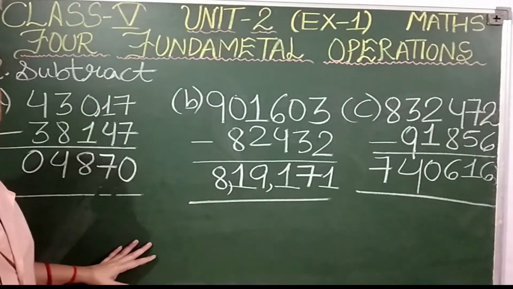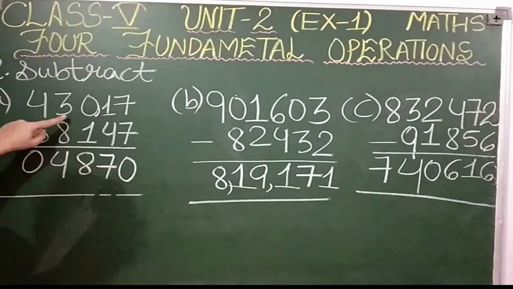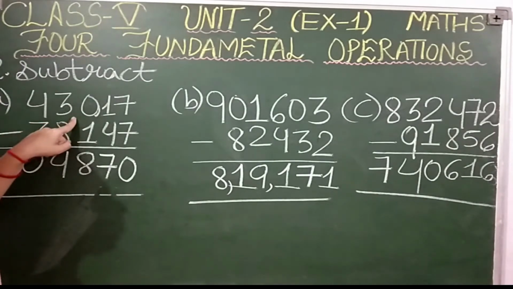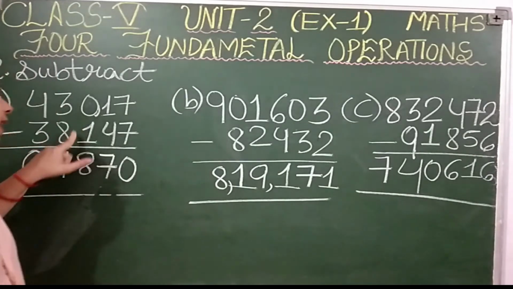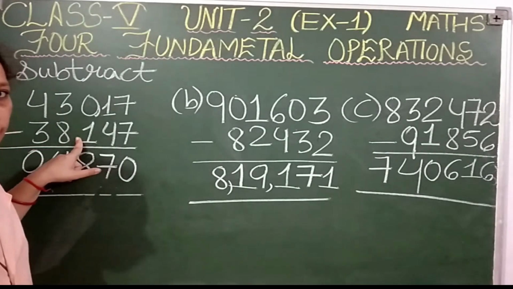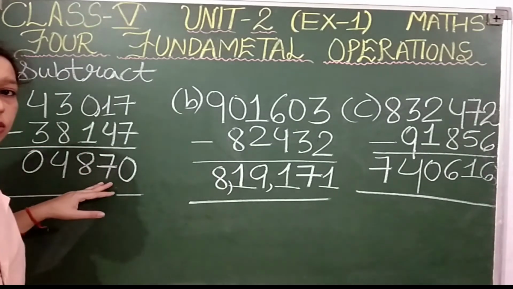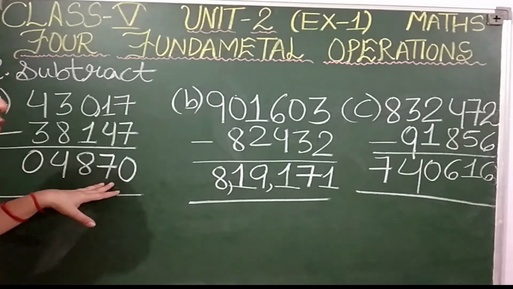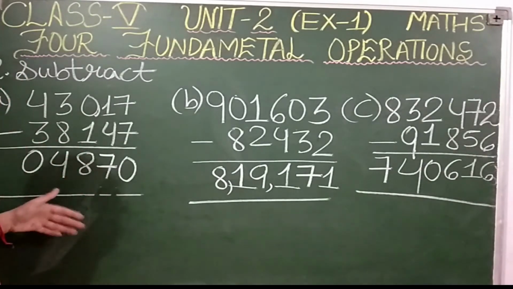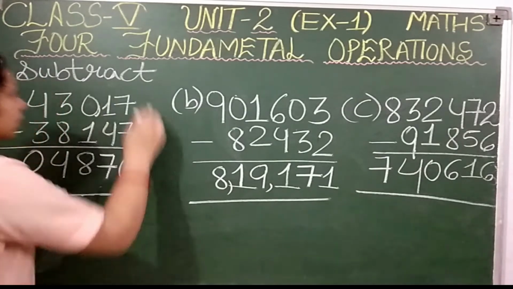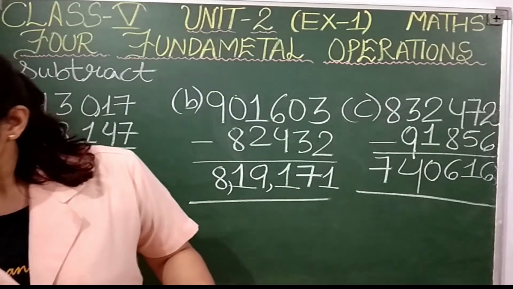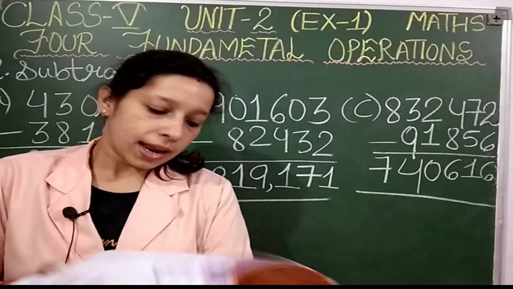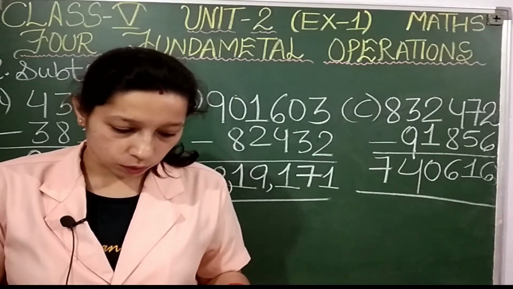And in the last video, remember what I have explained to you: what we call the first number while subtracting. This first number is called the minuend, remember, and the second number is called the subtrahend, and the result which you got is known as the difference. Clear students? So you can note it down. These are your subtraction questions, and this question number 2 had 5 points. I have explained only the first 3 points. The next 2 will be your homework.